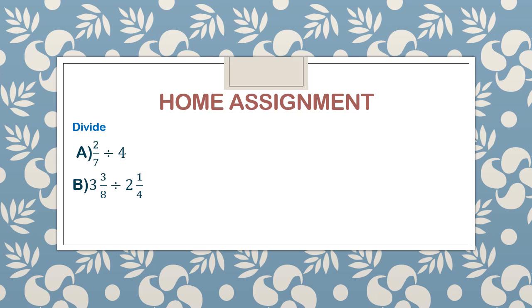So that is 2 1 upon 4. On converting it to improper fraction, we'll get the answer as 9 upon 4, and the reciprocal of 9 upon 4 is 4 upon 9. And then we can solve the question. Next question, 23 upon 50 divided by 3 1 upon 5. Again, we'll change it into improper fraction, 16 upon 5. Then the reciprocal of it is 5 upon 16. Changing the division into multiplication and writing the reciprocal of it, and then we can find out the answer.